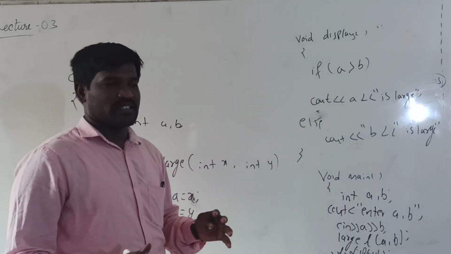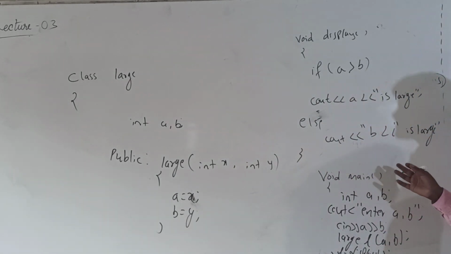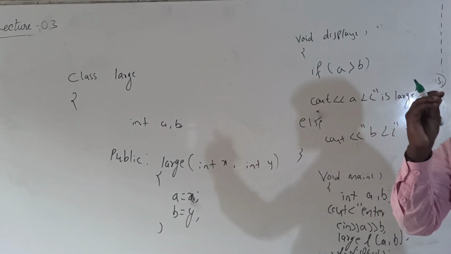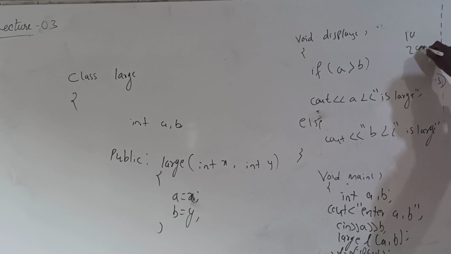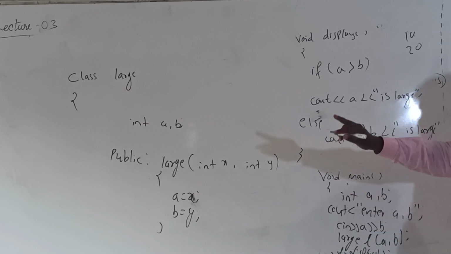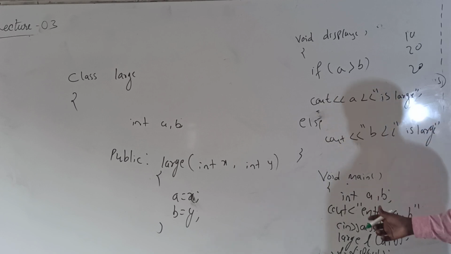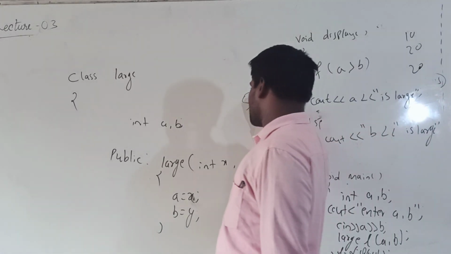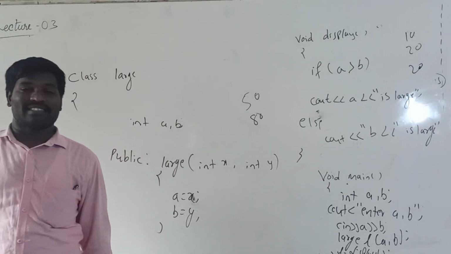See here the difference. In the previous program, if I execute 10 times, you will get the same result, 20. Now every time I execute, it will ask to enter the values. Execution starts from here. I declare two variables, enter a, b. First time I can enter 10 and 20. So large L means 10 and 20 are assigned, and you will get 20 as the result. Again I can execute the same, enter the input values as 50 and 80, and you will get the result as 80.